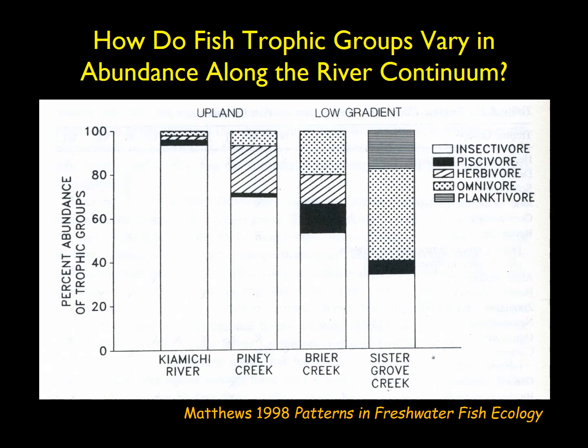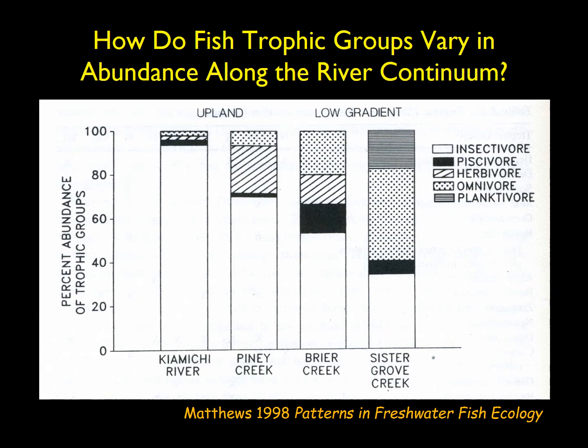Moving down toward more lower gradient, in the middle sections, we start to see herbivores becoming more dominant. Not dominant, but more prevalent, perhaps we could say. And so again, in those middle sections, remember, that's where we have the open canopy, lots of light getting into the river continuum, and we have more of an autotrophic kind of system there. So in the middle part of the river continuum, you might expect there to be more herbivores, and in fact,